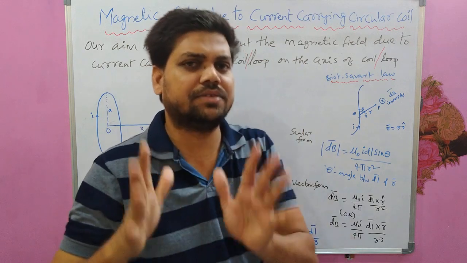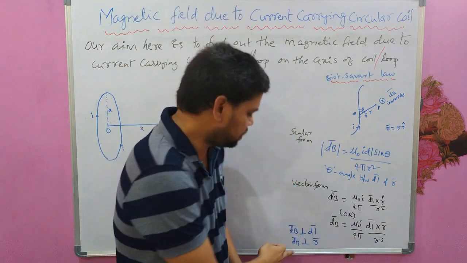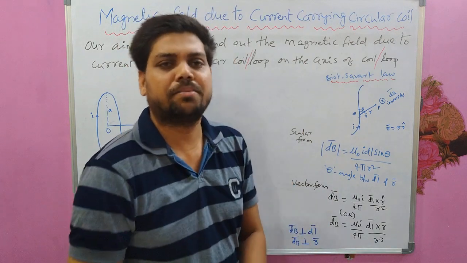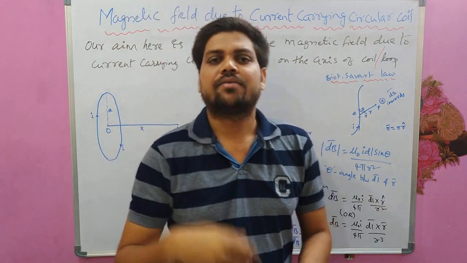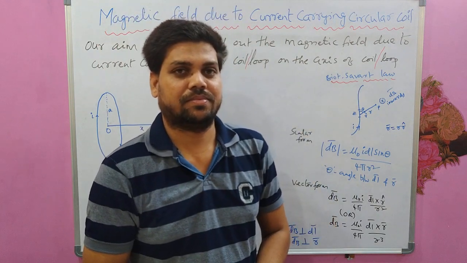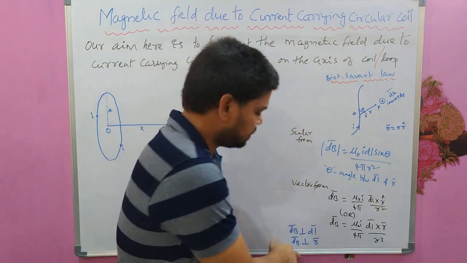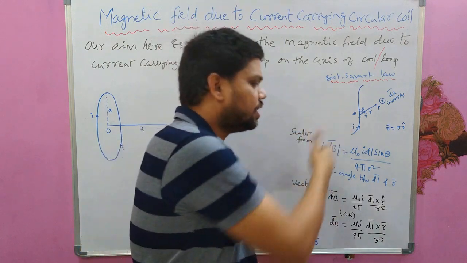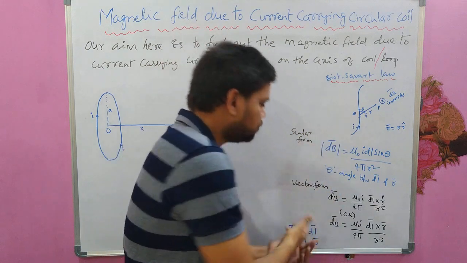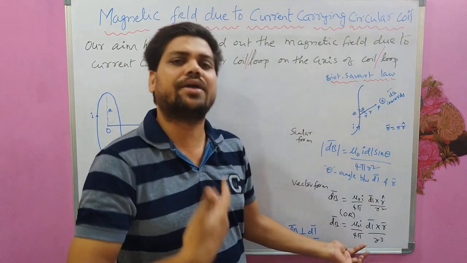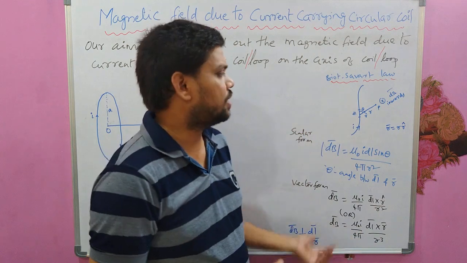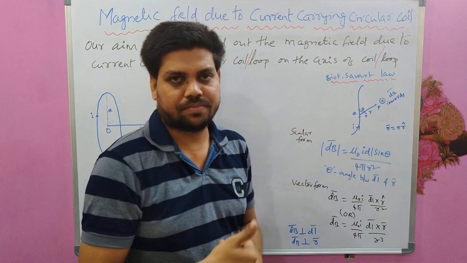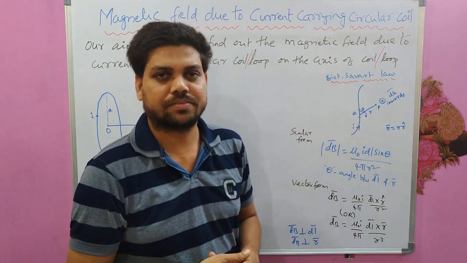Okay, so this is very, very important. We are going to use this to find out the magnetic field direction more accurately. You can use either this or this. Either you can make use of your right hand, as I have shown, or you can also use this, but this gives you more accurate direction for the magnetic field than the earlier one, using the right hand rule.